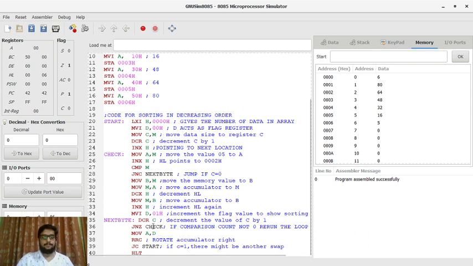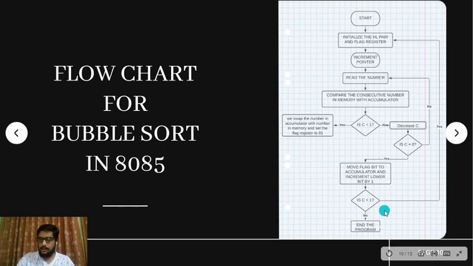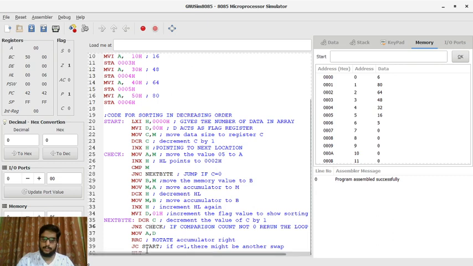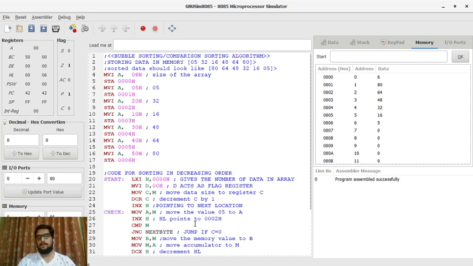Okay, so it exited the loop because we got C as 0, the array size as 0, and we did the RRC and we got C as 0 here because the sorting has taken place. So it skipped this process and jumped to the halt instruction where it exited the loop. So in this manner, we can do decreasing sorting in the 8085 simulator.